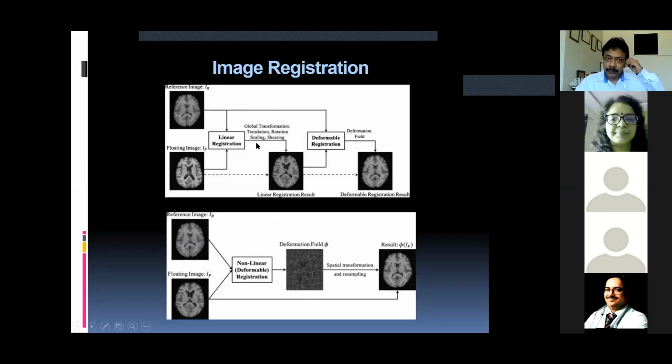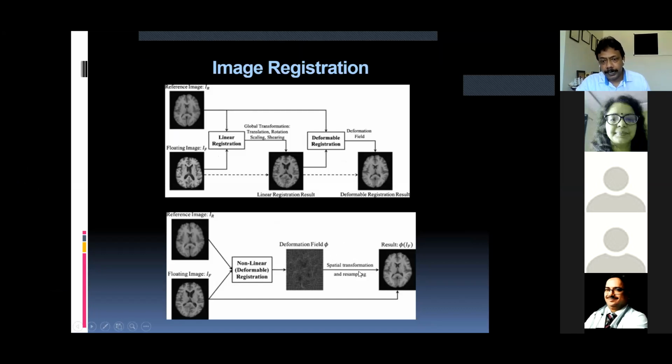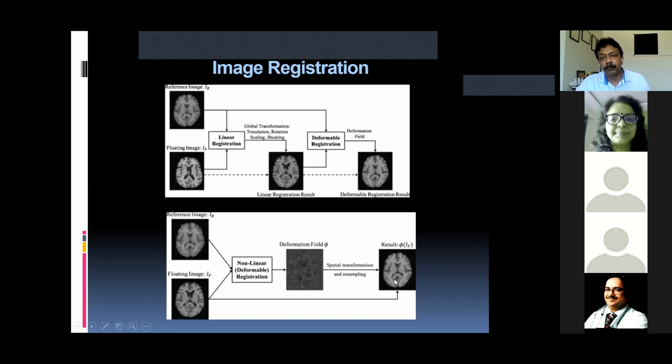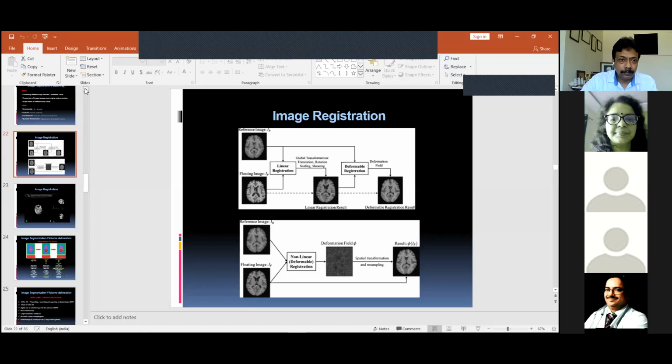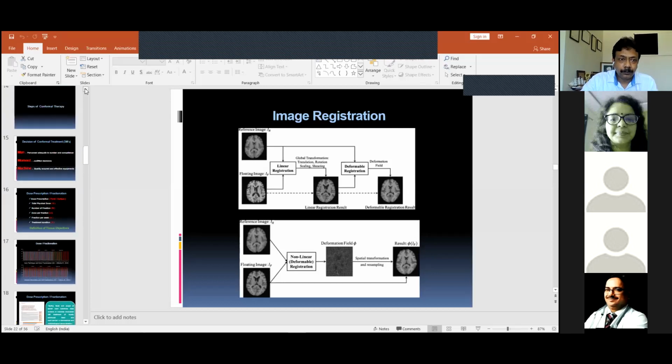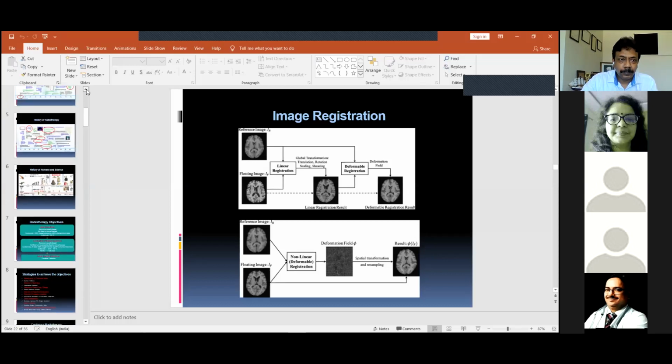As you said, sir, this is the image where two types of registration were described. First one is linear registration. This is just point to point matching. But as you said, this is liquefied, the image, the CT data. This is the area, and then by spatial transformation and resampling of this data, this is the resultant image of this registration. And one should know the liquefaction is to be done for the diagnostic image, not for the planning image. Those are very dangerous things if we start doing these with half knowledge.